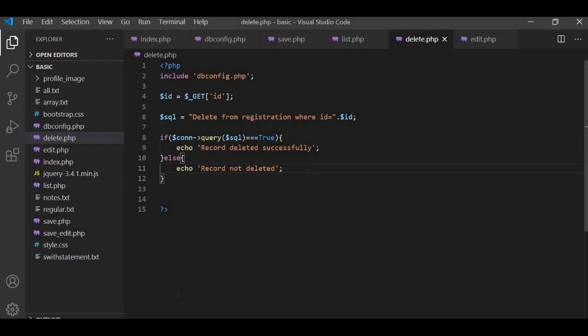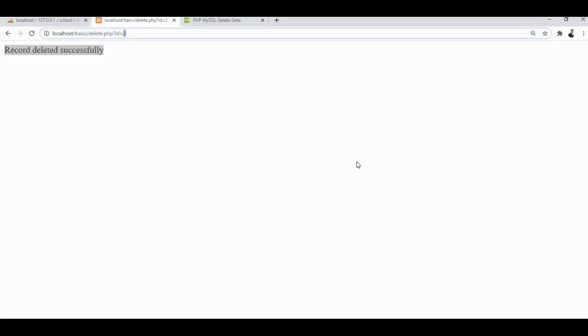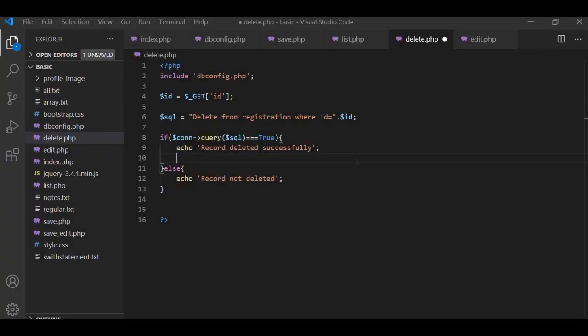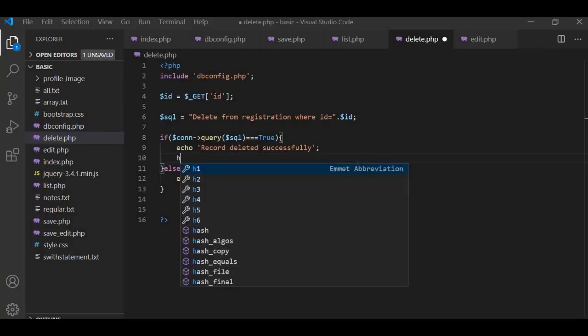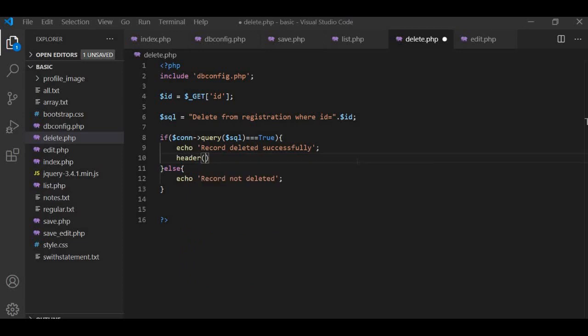Now we have to redirect from this page to our list page. So we will pass header location list.php.